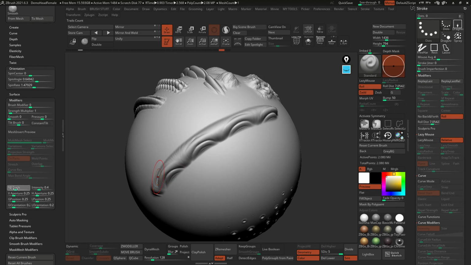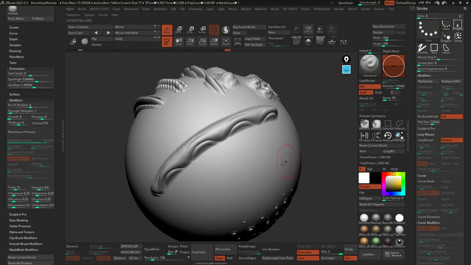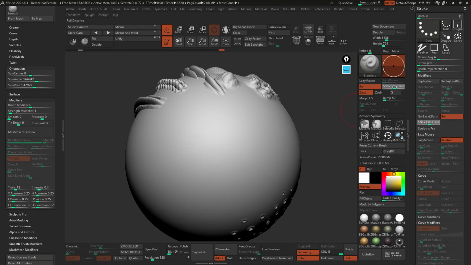Maybe we need more trails, actually. Let's go for 12, so it's pretty obvious. All right, not too bad. So we're getting there. What I'll do now is start playing around. Again, there's no exact value that I can give you. I'm just going to start playing with those values and see if I can find something that I like, as well as modifying the spin angle and the spin rate.